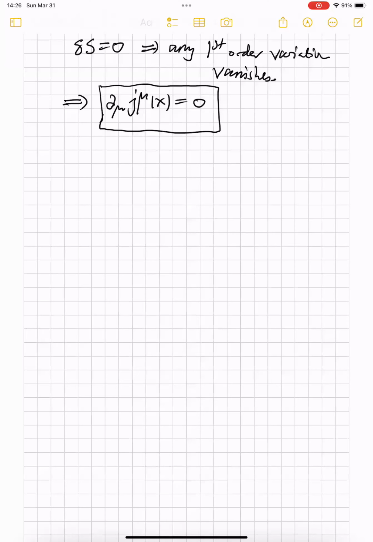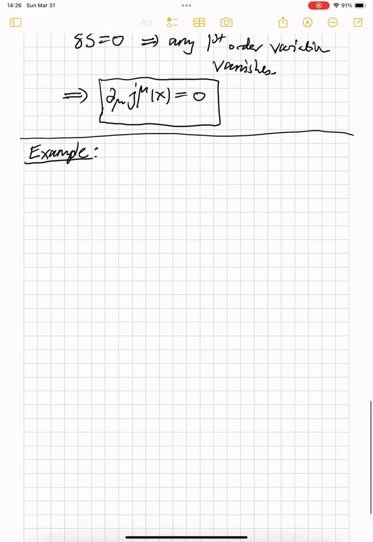Okay, so we proved Newton's theorem. I now want to show you an example, okay? And let's consider a simple example, something that's familiar. So we will work in mechanics, okay? And the symmetry I want to talk about is time translation invariance. Now, what do we mean when we say that time translation invariance is a symmetry of the laws of